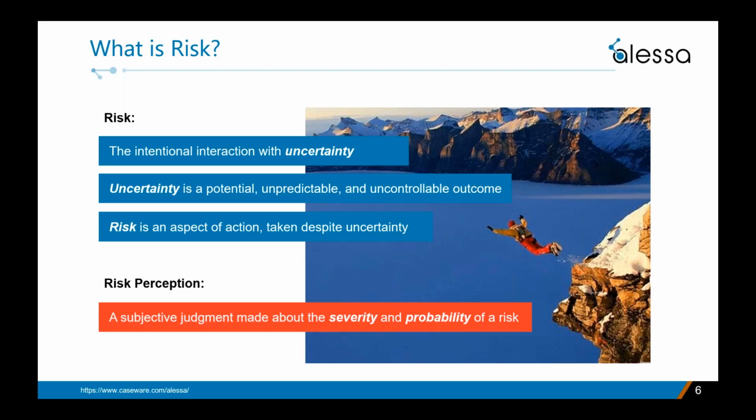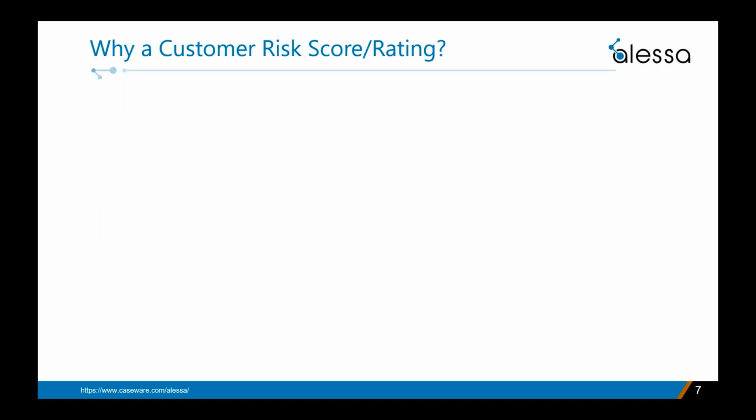Today, we're going to dive deeper into the different types of financial products and services that have a greater propensity to facilitate money laundering. And then we'll talk about customer transaction activities and behaviors and how these impact a customer's risk score. Now, customer risk rating or risk score helps us identify those customers who present a higher risk of money laundering or illegal activity.